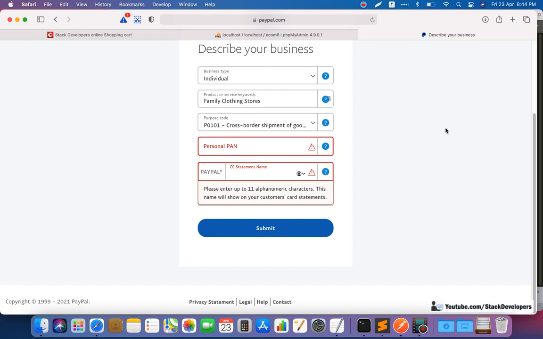Your name will come, like my name is Amit Gupta, and I have the same name in my bank account. So the name must be the same as your bank account as well. So your name will come up here. Okay, so don't give any other name, otherwise you can't add your card here if your name does not match. Then here you can give your business URL. It's optional. If you are having the business URL, then you can give your business URL here.